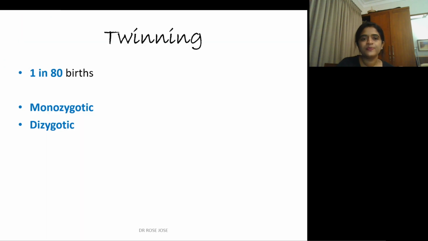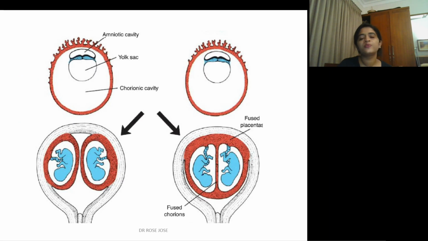So let's begin. Twinning, we know it occurs one in 80 births, and there are mainly two types of twinning. One is monozygotic and the other one is dizygotic. This is a dizygotic twin where you get the two zygotes derived from two sets of ovum and sperms. And here you can see the two fetuses developing individually, whereas here the placenta is fused, still they are